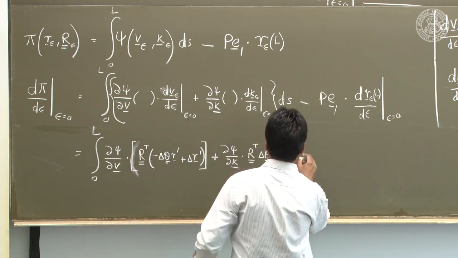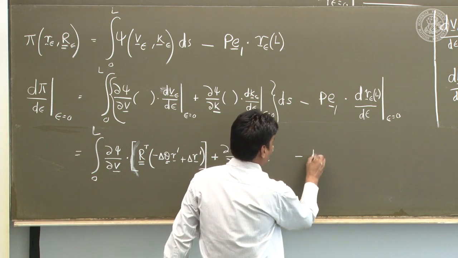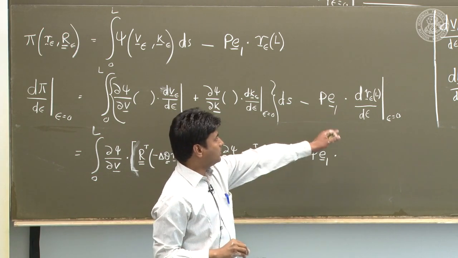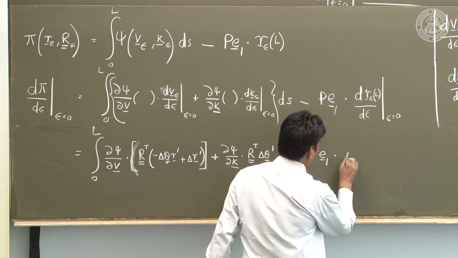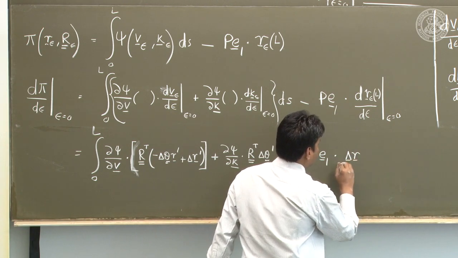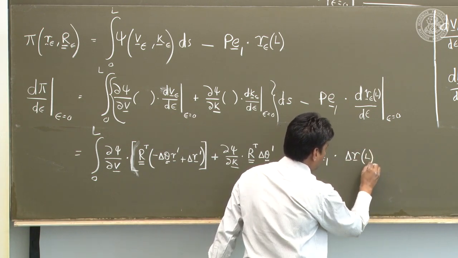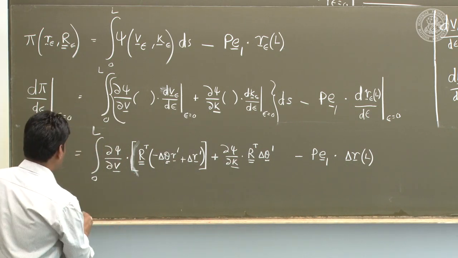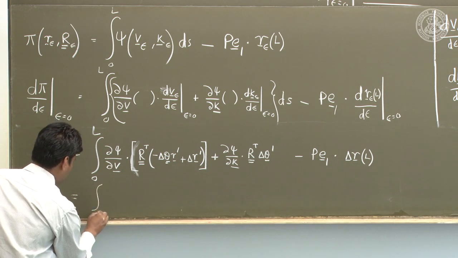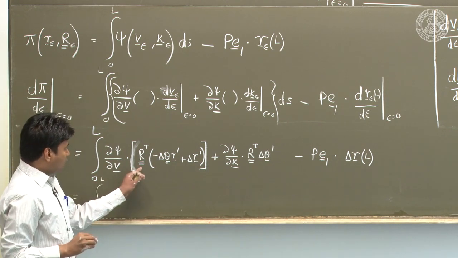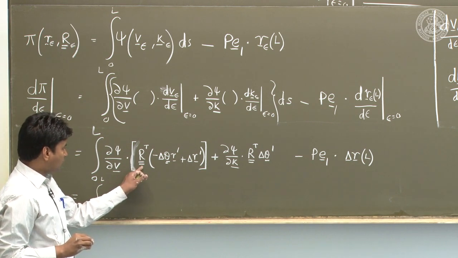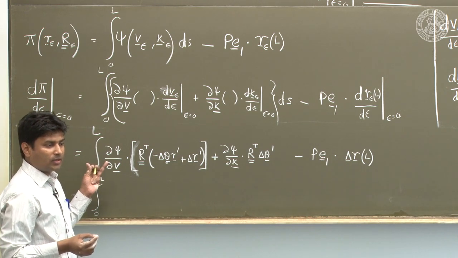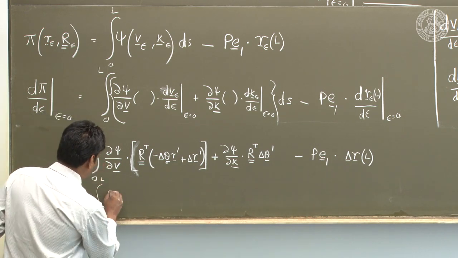So this whole thing is over here, minus PE1 dot d by d epsilon of this thing, which is simply delta r at L. All right, so then we can see you have this R transpose, you can bring it on the other side and it becomes big R, right? So this is big R